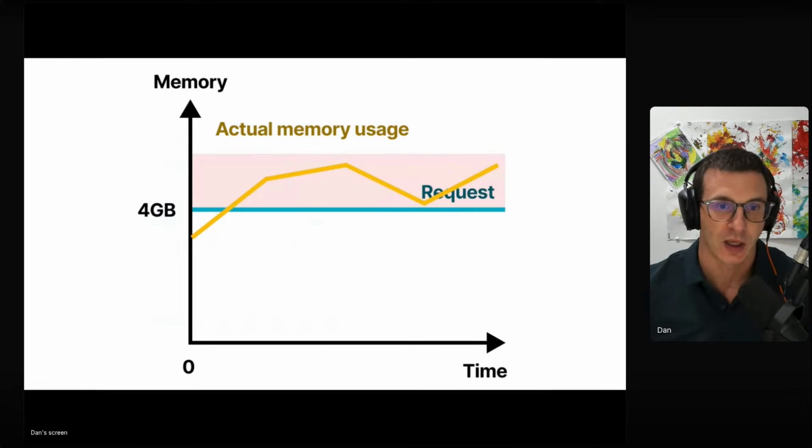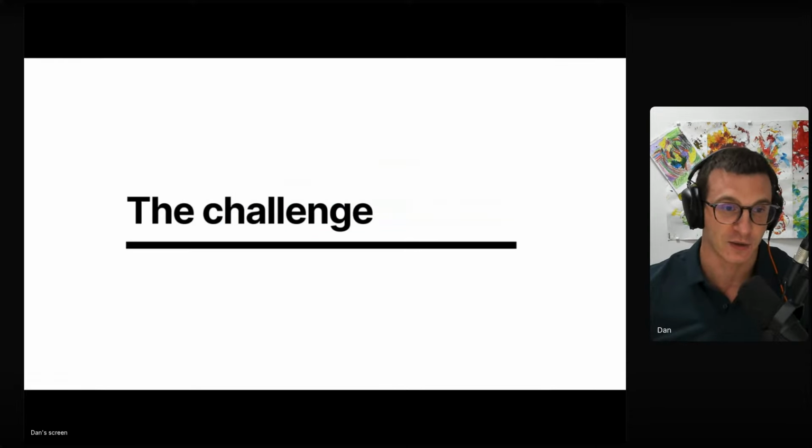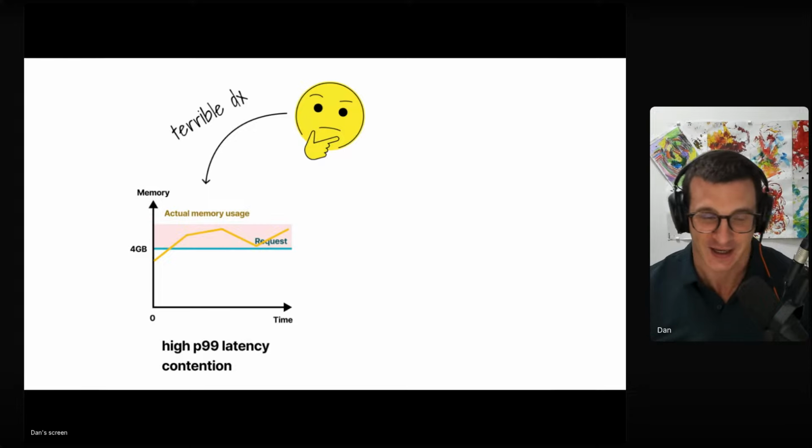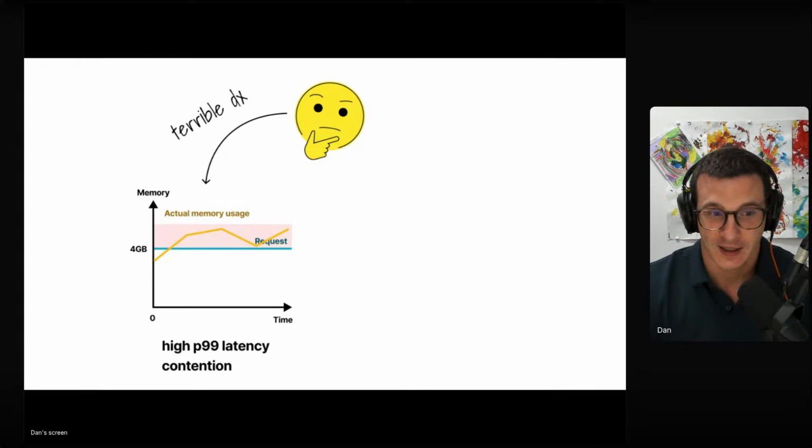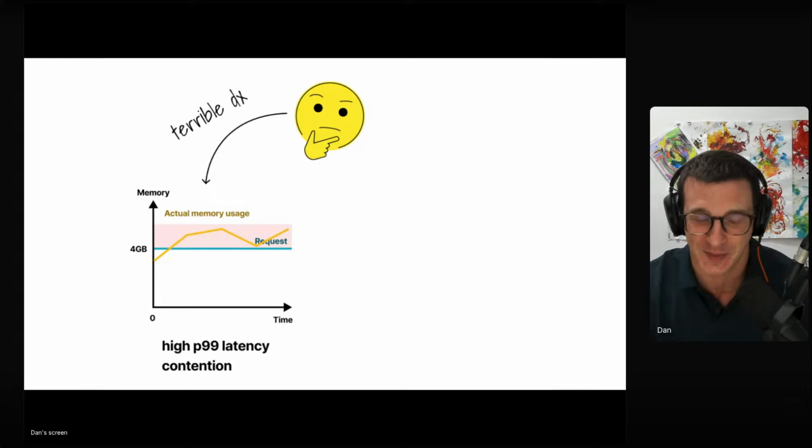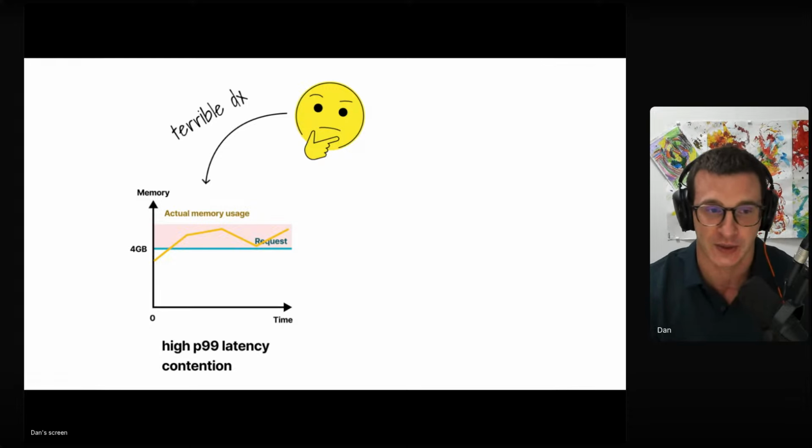Now, this is generally good. The issue that I've got here is that I'm using more than the request I defined, and the request I defined is guaranteed, but all of the area above the request is not guaranteed. It's something that I need to compete with other processes to have, and it might not be there for me. So it is a risky situation. And the other risky situation is that if I define the request too low, then I need to compete with other processes. So perhaps my application will be a little bit slow sometimes because they need to compete on CPU, or they need to compete on memory.